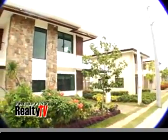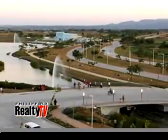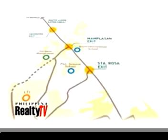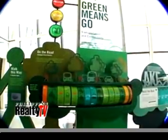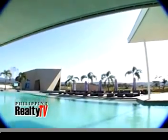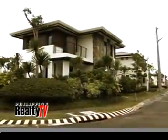Avida Settings is one of the 8 residential developments in Ayala Land's 1,840-hectare eco-city development that straddles the cities of Santa Rosa and Calamba, Laguna, that actively advocate balance between a lifestyle of responsibility and sustainability. Alongside its commercial, recreational, and institutional developments, Nuvali offers a wide range of residential choices for